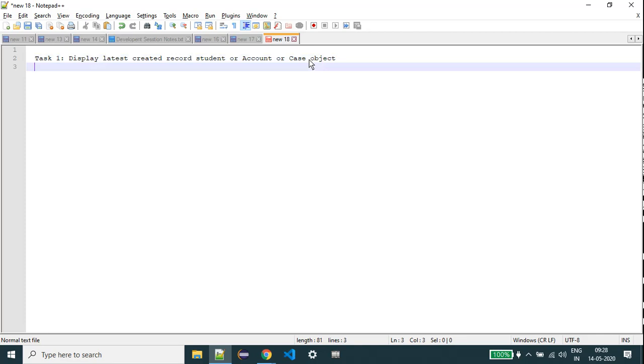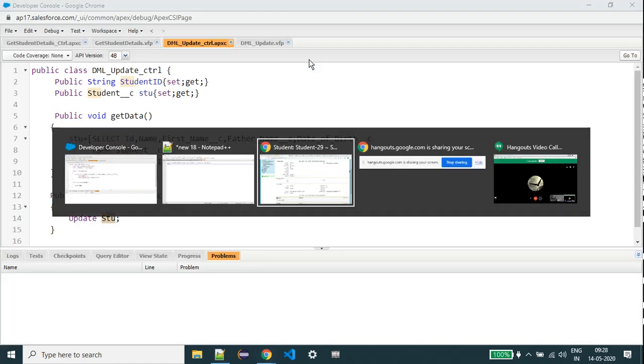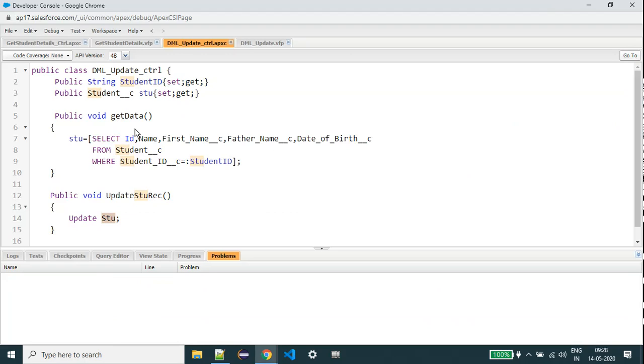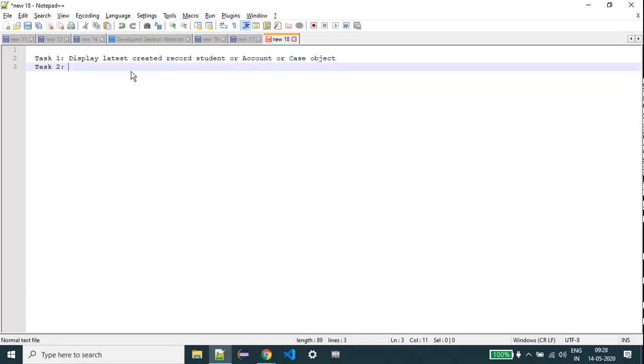Task two. So for example, which object are you going to write the query for, right? So marks object, what we have taken. So query. Requirement is the case object.